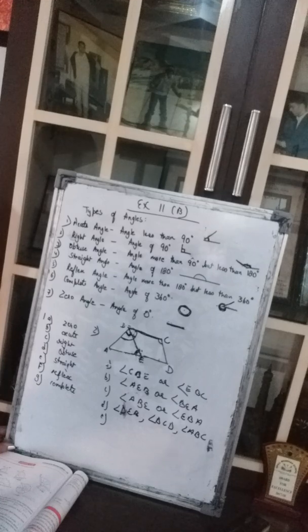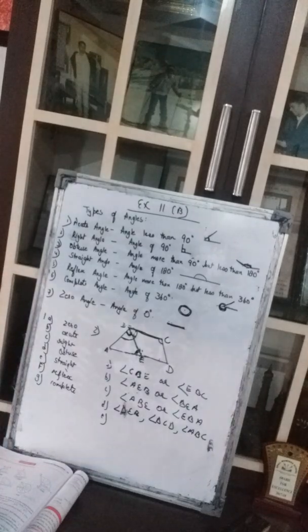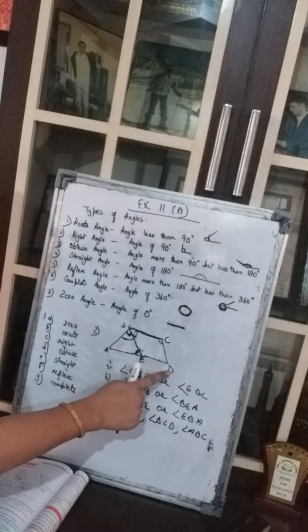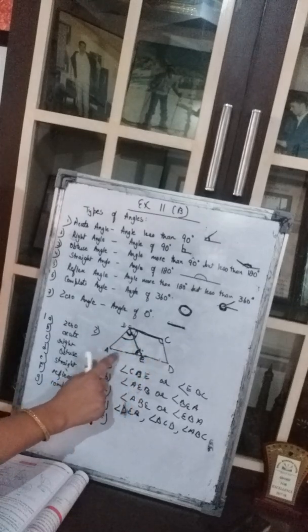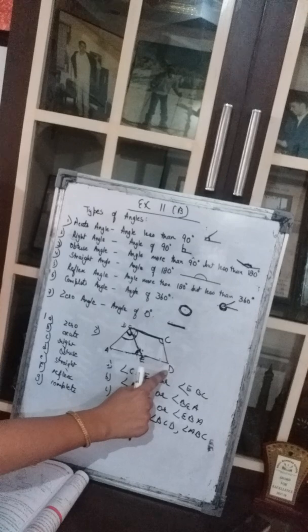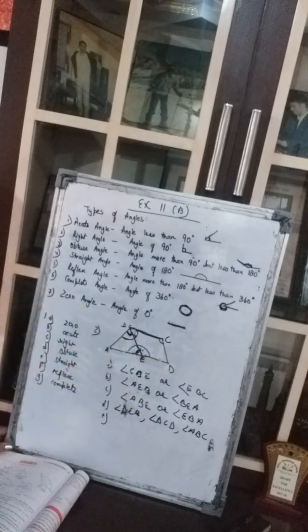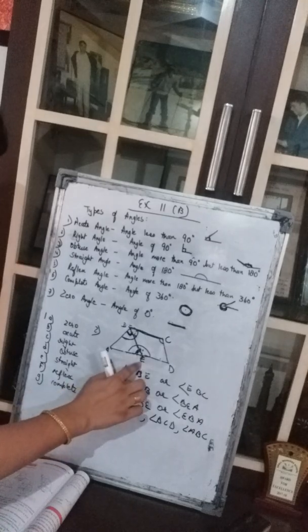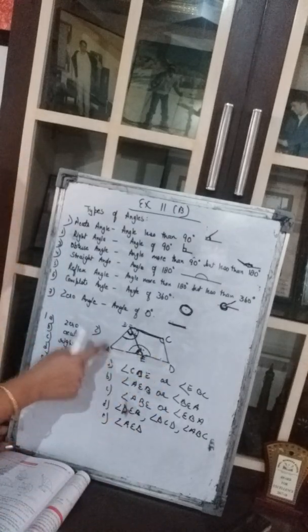Now the last part. It says a straight angle. Now which one is a straight angle, girls? Anything which is on the straight line? Yes, this is a straight line. So which is the full straight angle? This is AED. Got it? This whole angle is a straight angle. So the center point will always come in the center only. Right? So it is angle AED. Or you can write it in reverse, DEA.